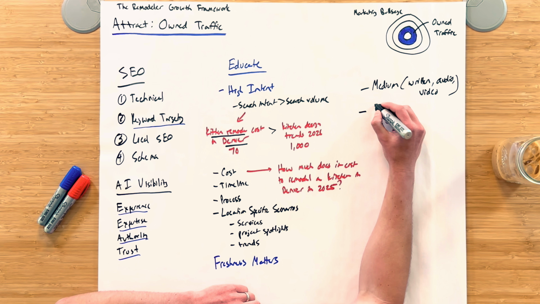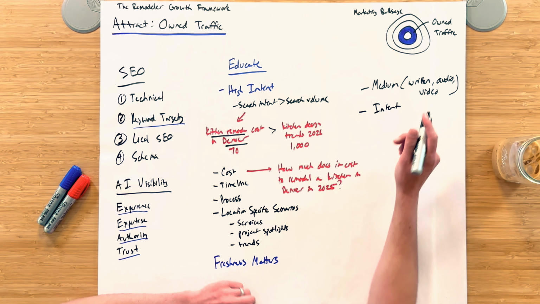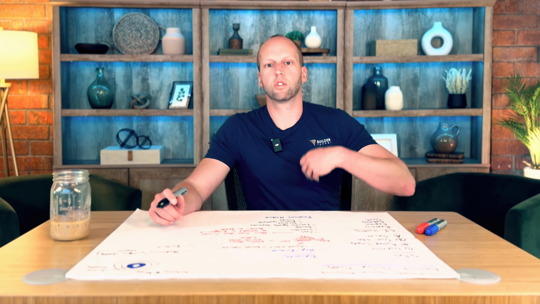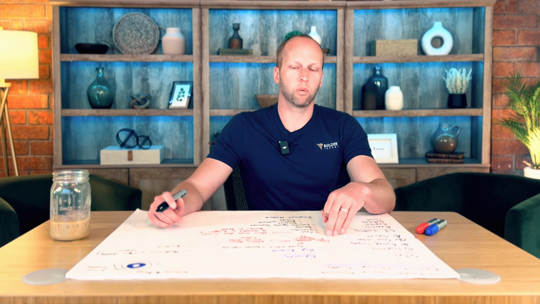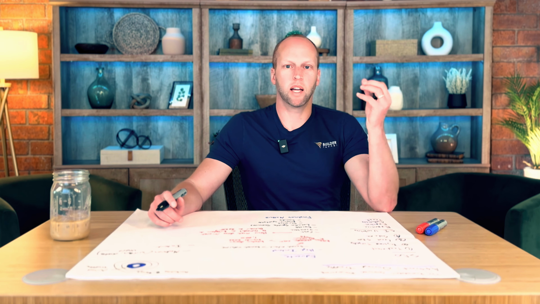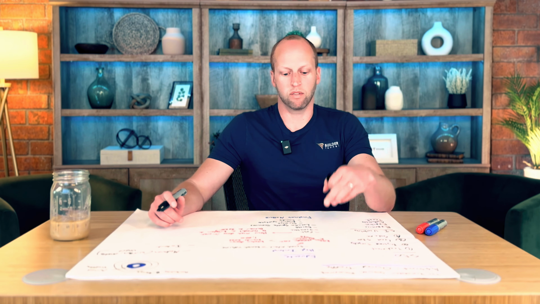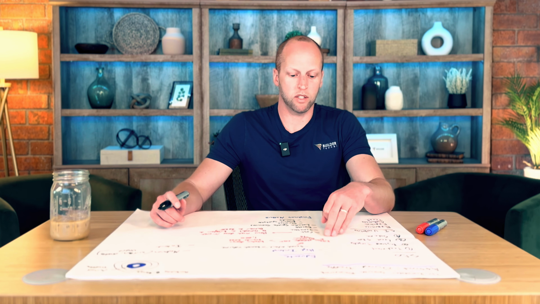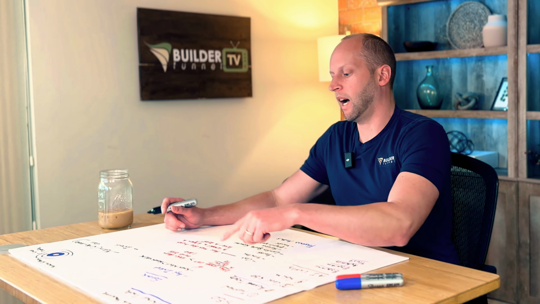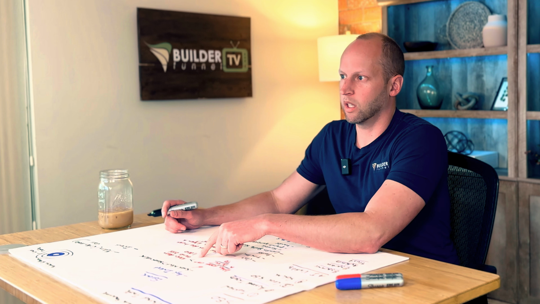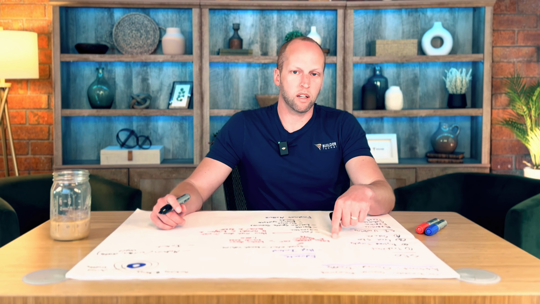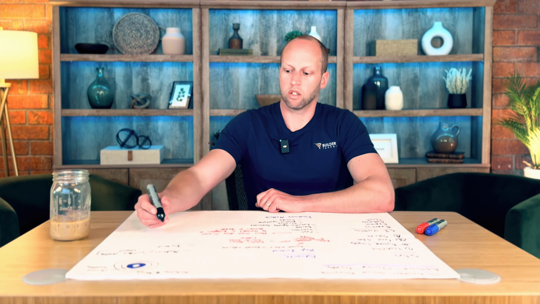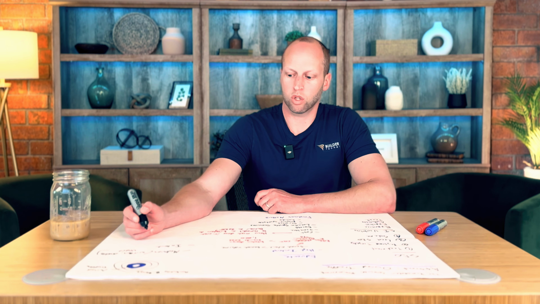We're also going to be thinking about intent, which we talked about here, right? We want to make sure we have high intent from the searcher. So what is that keyword? What is that topic? What are they searching? And based on our best guess, if they search this, do they probably have the intent to move forward with a project? Kitchen Remodel Cost Denver has higher intent than Kitchen Design Trends 2026. Local remodeling company near me, much higher intent than Kitchen Design Trends 2026. So intent matters in terms of our structure.